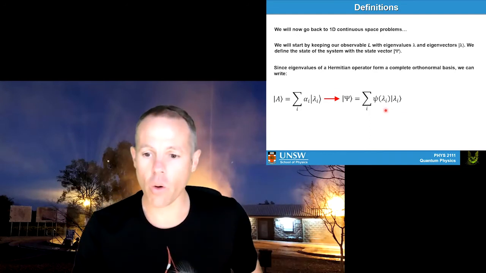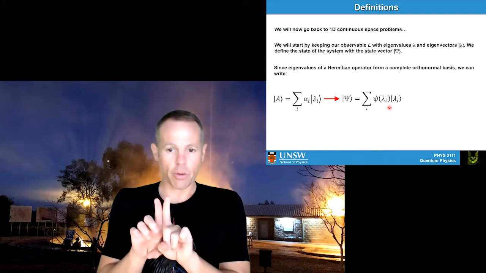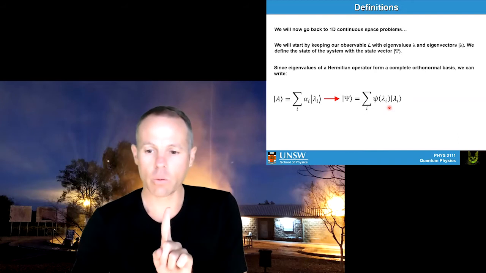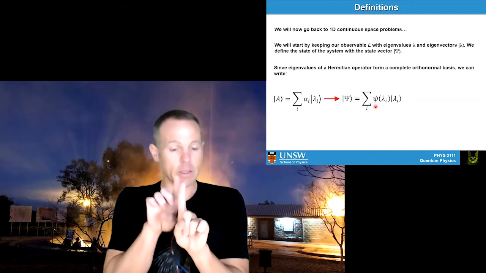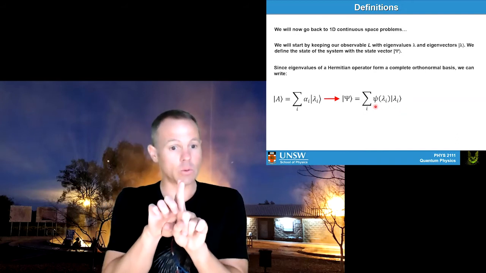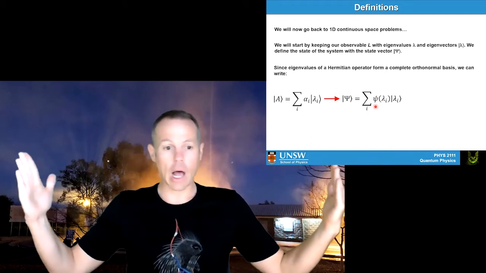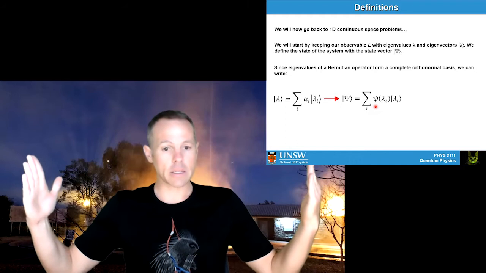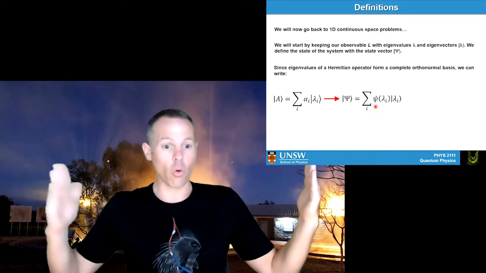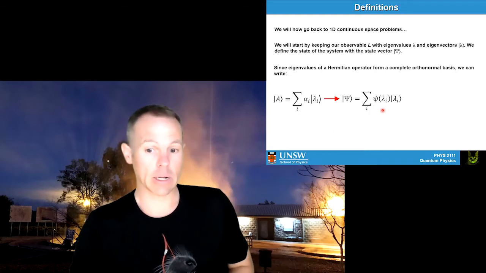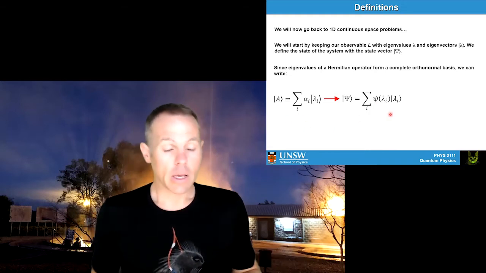So if I want to know what the prefactor for a particle at x equals 0 is, it would be psi at the lambda I that corresponds to x equals 0, right? And then to fully work out what's going on with those 100,000 eigenstates, we basically add over all of them, in the same way that we add over up and down when we're just dealing with this simple system at the front.